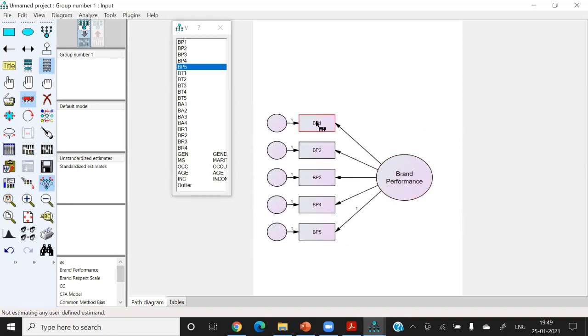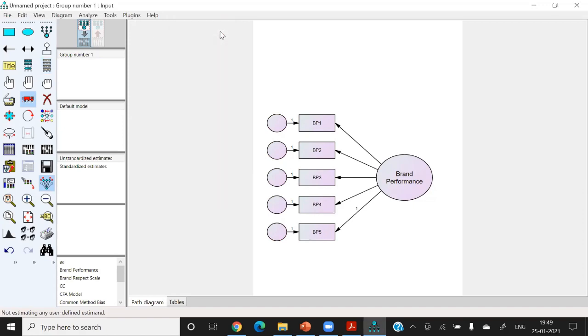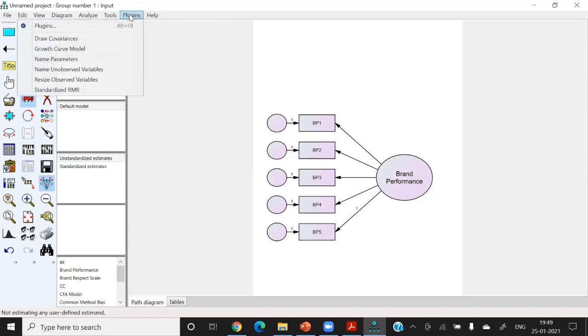Okay, in this construct, brand performance, the construct name is there. The name of the items is also there, but these error terms are empty. So I want to add these items. How to add it? Go to plugins.